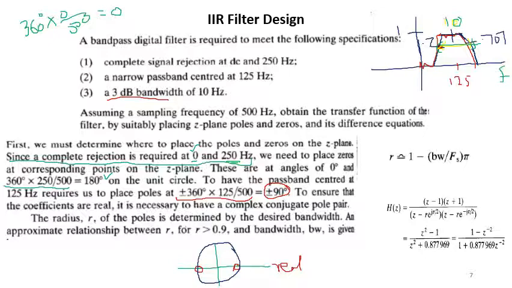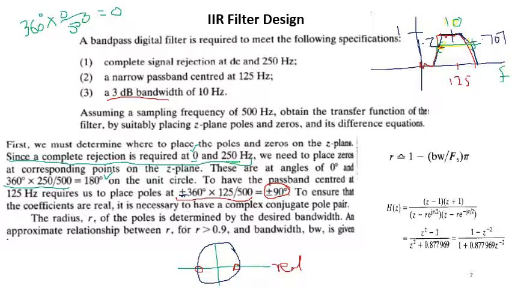You understand why we take the complex pair, right? Straight away we could have found it by multiplying 360 by 125 by 500, which gives 90 degrees, because it's not on the real axis. Poles must be either real or complex conjugates. So if you have a pole not on the real axis, we'll have two poles: one at 90 degrees and one at minus 90 degrees. Now to find the R,